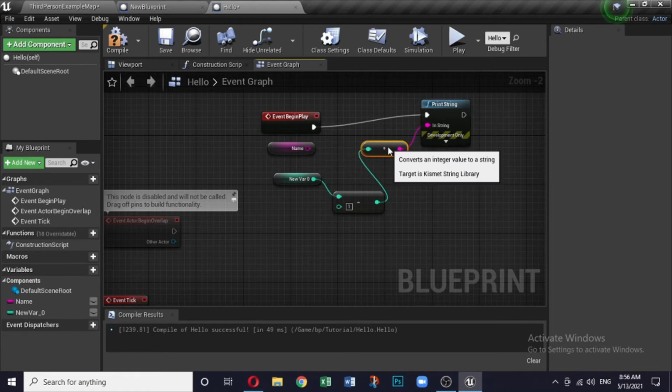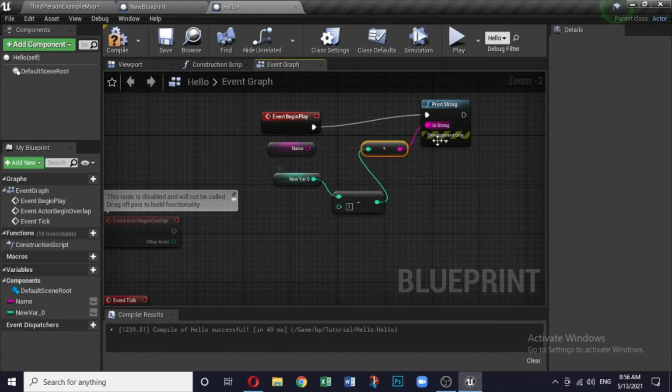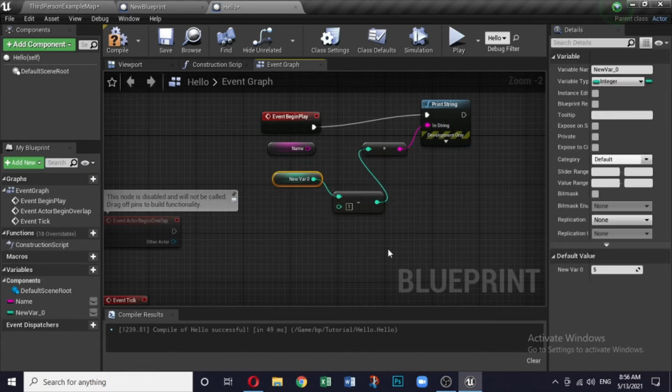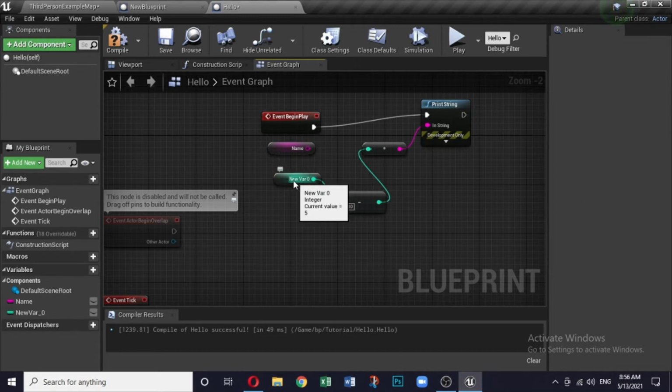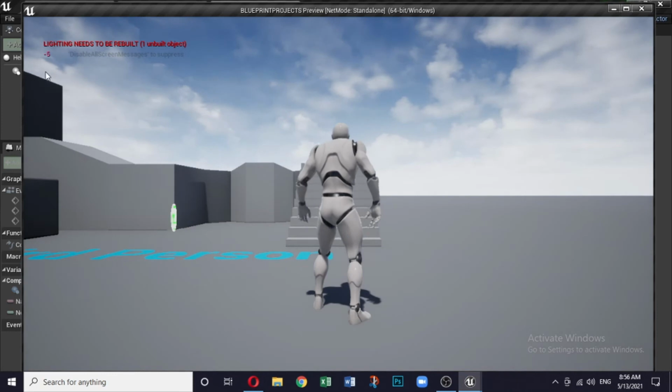Now what is this? This is basically a bridge between string and the integer. Anyway, so how this mathematical calculation works, this variable is 5 and this 5 minus 1. So value of this is 1. This is by default, it is 1. You want to change it, so you can make it 10. So the equation remains 5 minus 10. So it should come as minus 5. So let's compile and check. Here is a minus 5.